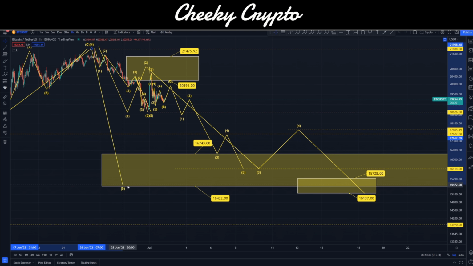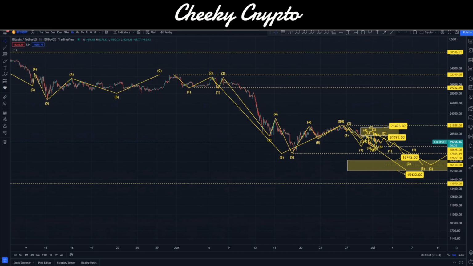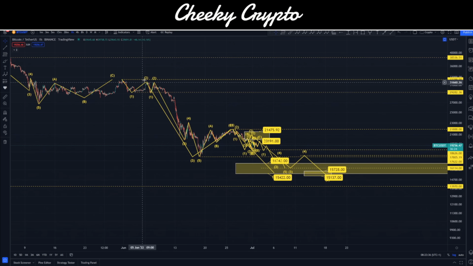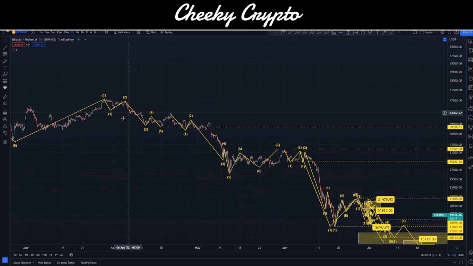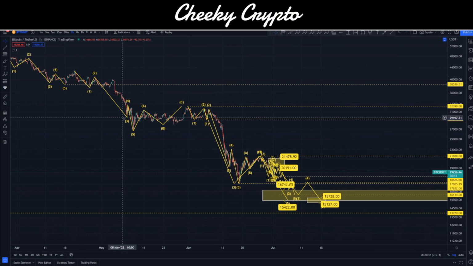And of course all of this is in a 5th wave move of a macro, which if I zoom out far enough, you can kind of see here we have 1 2 3 4, and all of this is happening inside our little wave 5. And if we were to zoom out even further, you'd get a much bigger picture on what is going on in total. Essentially this is a 5-wave drop here, we have a 3-wave drop, we have another 5-wave drop here